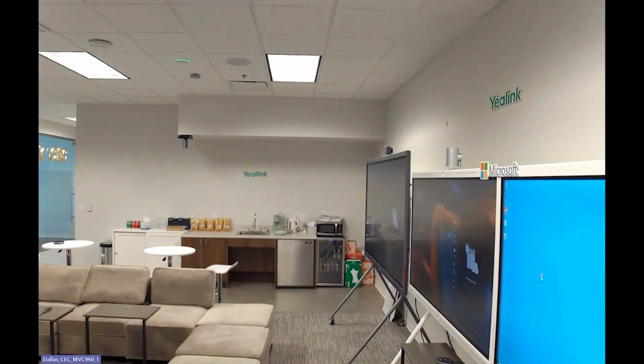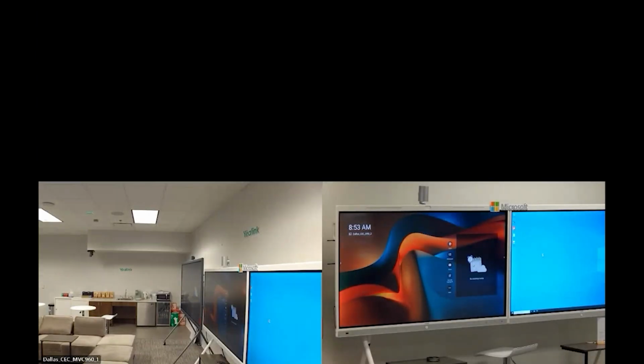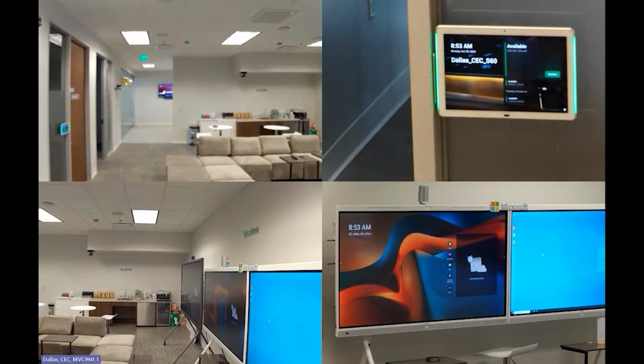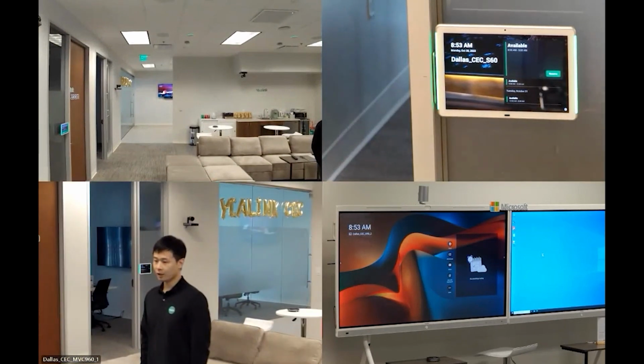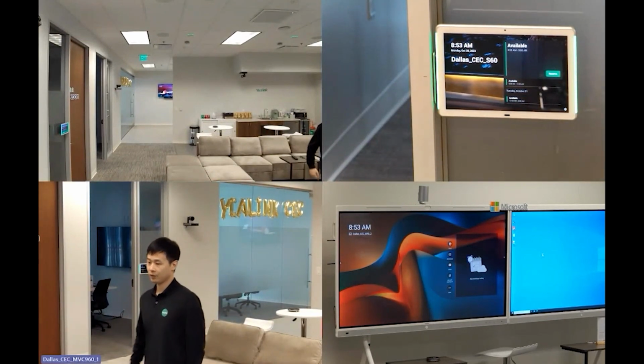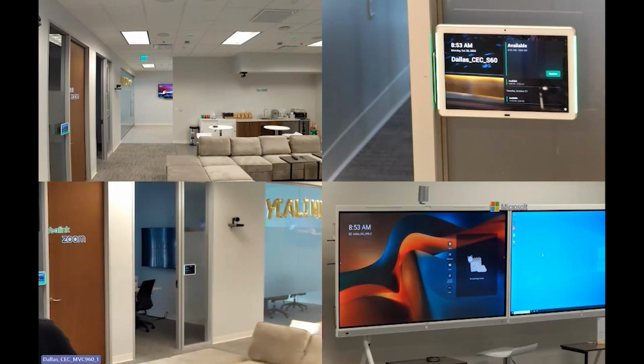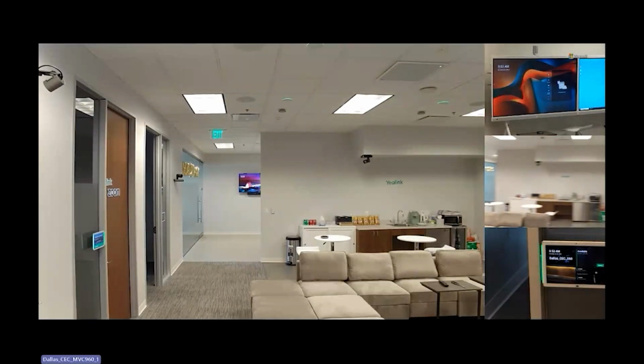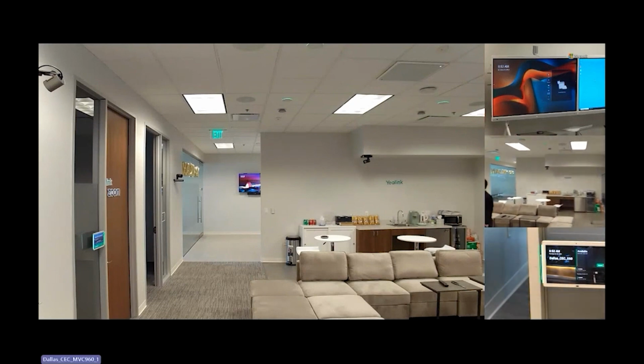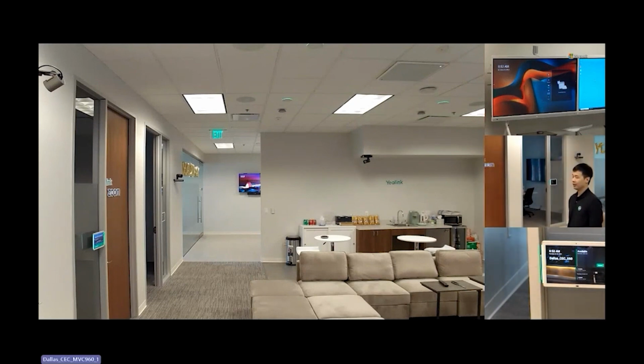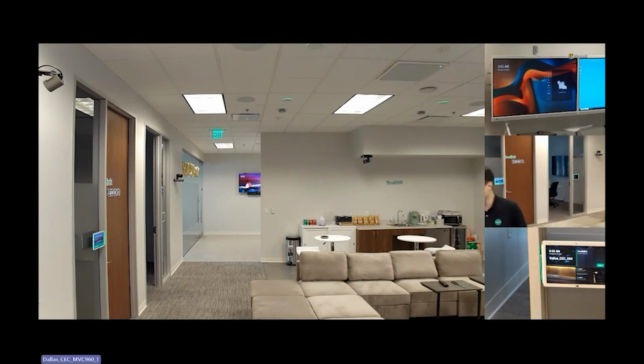When I apply the 4-camera layout, it will give you a division of the layout immediately. Or you can also choose the surround layout. Just configure 1 camera as a main camera and the other 3 as side cameras. Again, we can support up to 9 cameras in total. So let's go back to the UVC86, the AI camera.